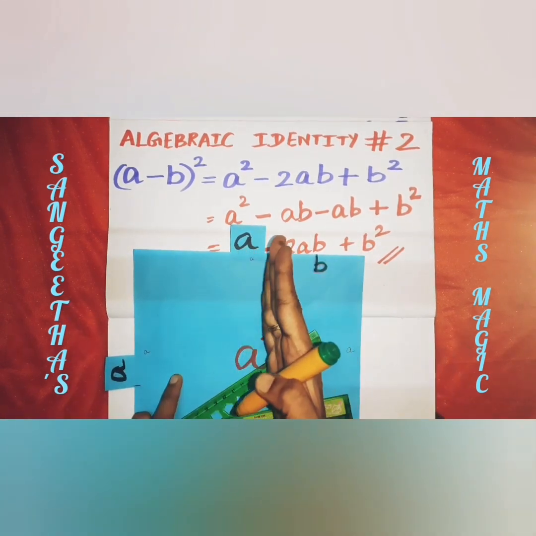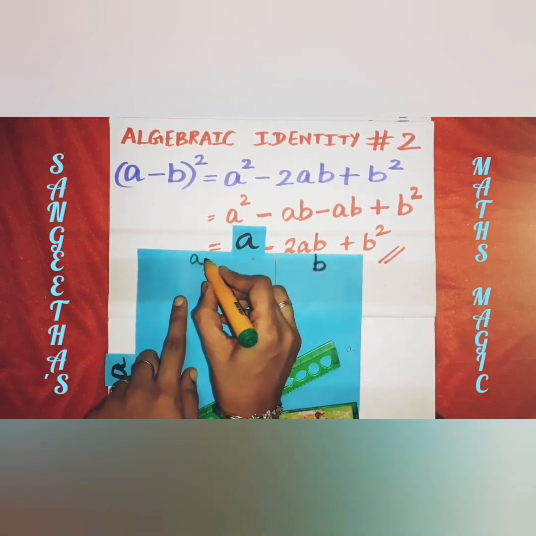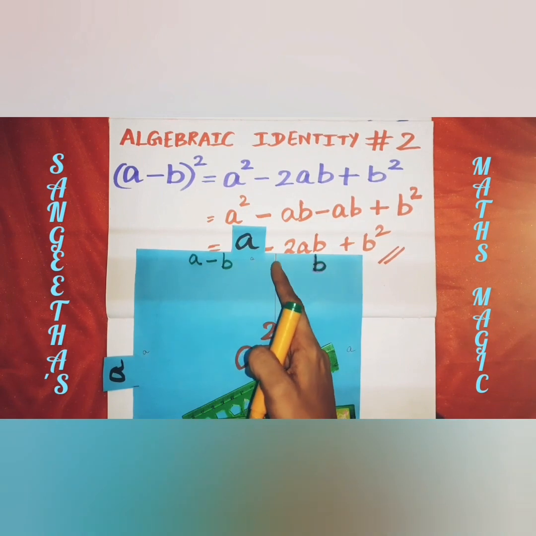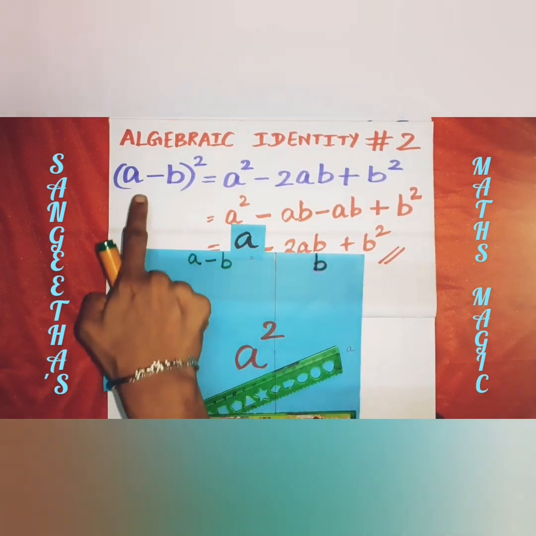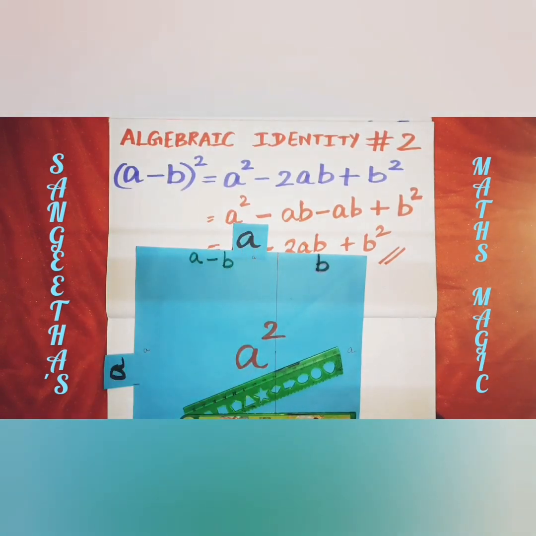From the total a, if we take away b, what would be the left out part? It is a minus b. For example, from total 10, if you take away 3, you will say 10 minus 3, right? So it's like total a, a minus b, we just got it.